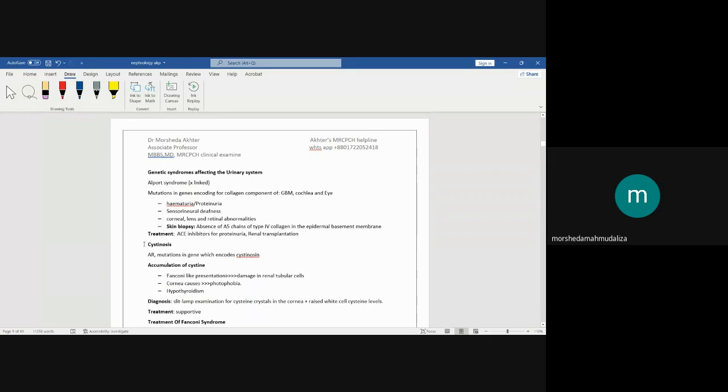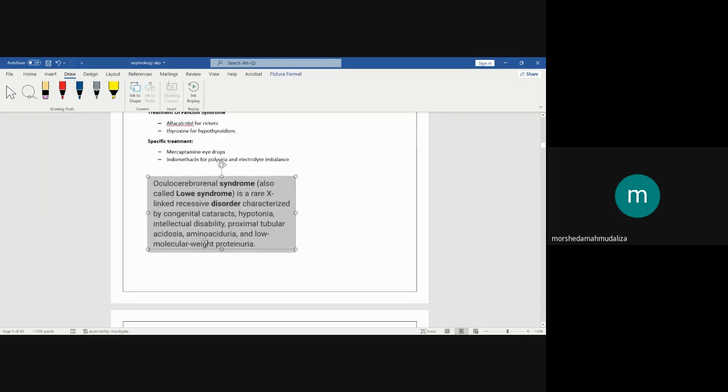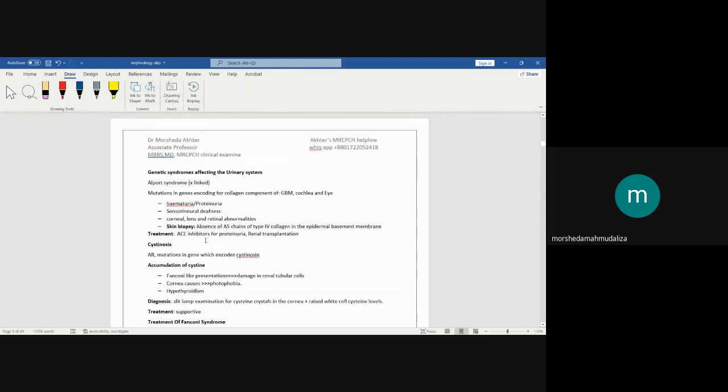And also there are many questions on Alport syndrome, a genetic syndrome affecting the urinary system. With the GN features, you will get deafness. So if you get deafness or a family history of deafness with GN features, you have to think about Alport syndrome. It is diagnosed by skin biopsy, and you have to refer this patient to the pediatric nephrologist. But here they mainly ask you Alport syndrome related features, like deafness. Okay,